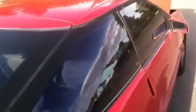A little bit of mold inside from it sitting with the window down, but the interior is actually not in horrendous shape here. Let's go around here and see if I can get this door unlocked. The body is